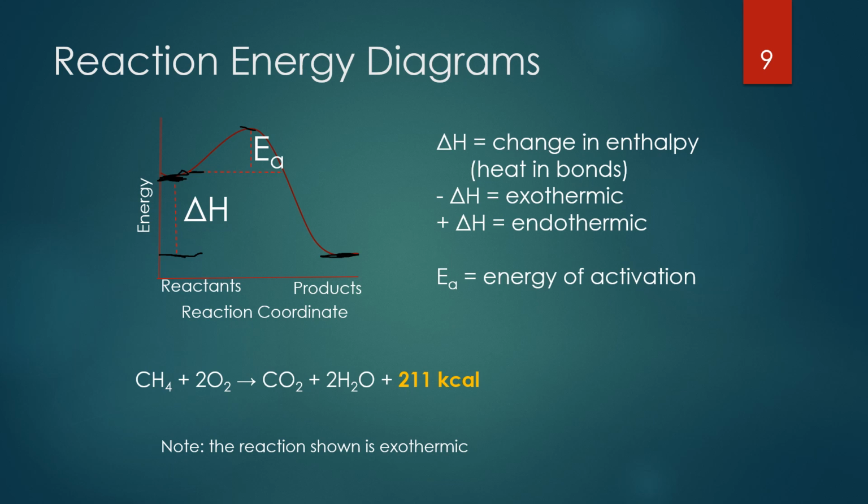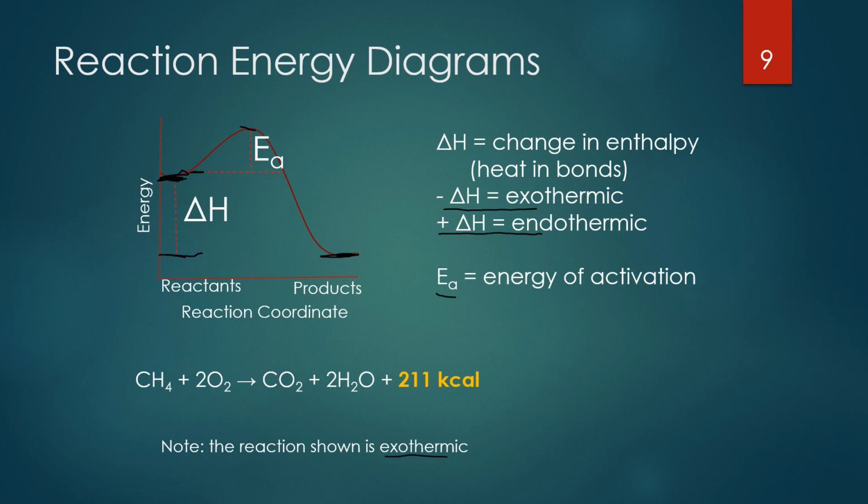When we're given this change in enthalpy, just a reminder, if it's negative, it's going to be exothermic. If it's positive, it's going to be endothermic. So looking at this reaction diagram, I can figure out a number of things. First, I can look at the activation energy, the hill, from the reactants up to the top of the hill, and tell if this is going to be a slow reaction or a fast reaction. I can also tell, with that delta H, if it's going to be an endothermic or an exothermic reaction. So looking at it, the reaction is exothermic.